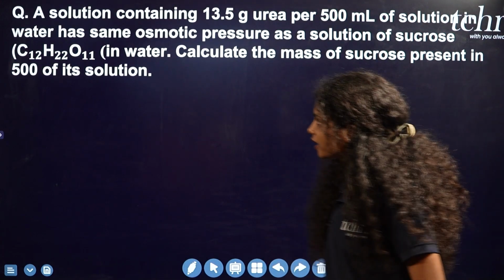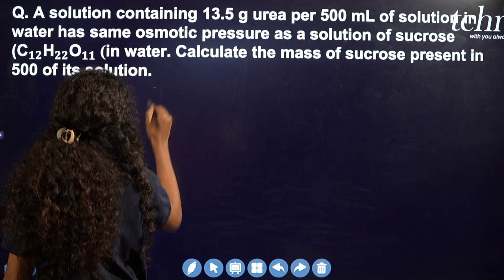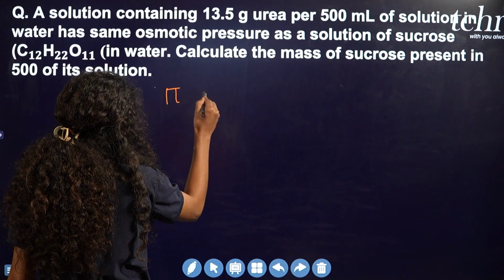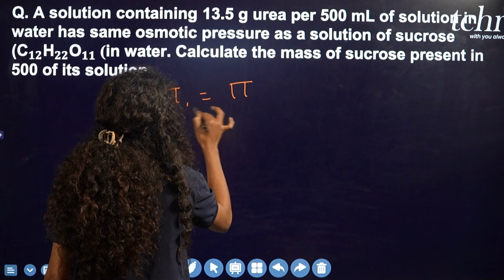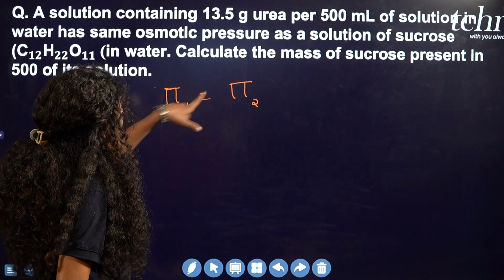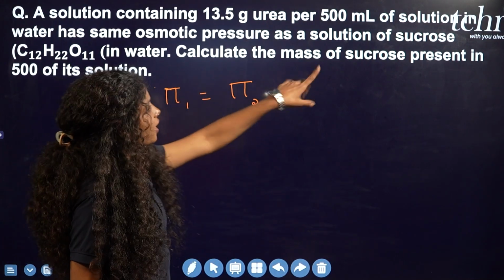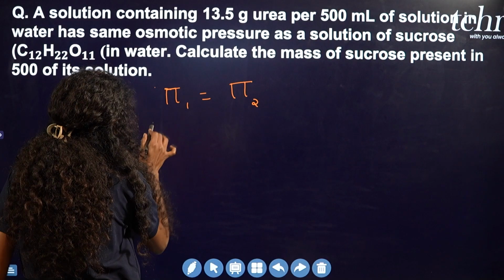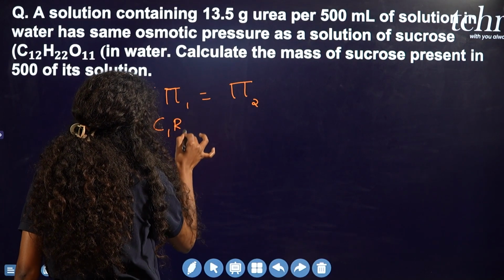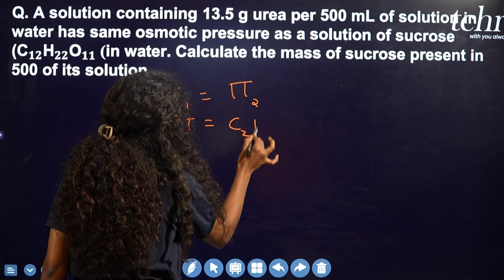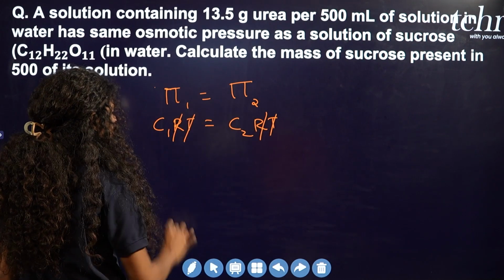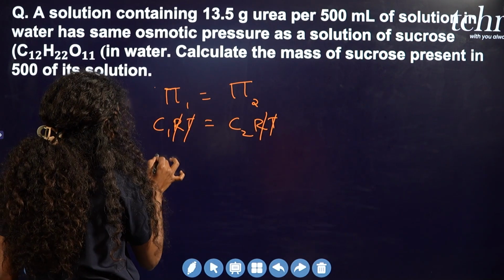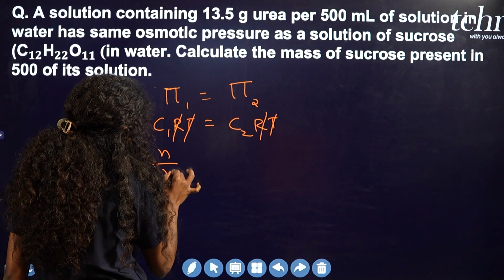So what we understand from this question is that there are two solutions. They are isotonic in nature, pi 1 and pi 2. Pi 1 is regarding urea and pi 2 is regarding sucrose. So what is the formula? It is C1 RT equals C2 RT. So RT gets cancelled. So C1, concentration, what is it? Molarity, n by V, n1